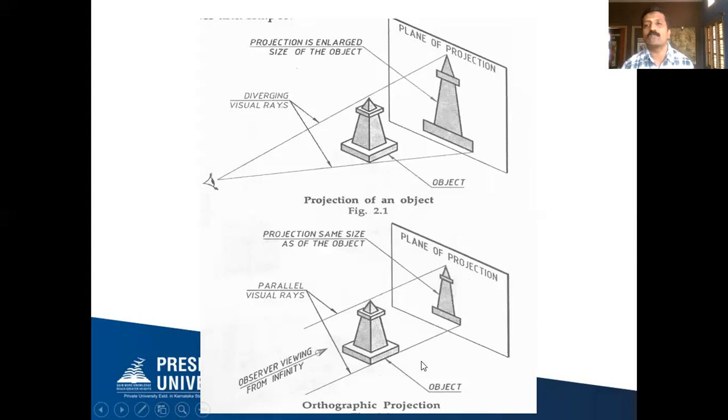So from now onwards we discuss only the orthographic projections. After identifying the contour endpoints of the object, whether it is front view or top view or side view, we need to draw the projector lines such that all the projector lines are parallel to each other, as well as the projector lines, wherever you are extending them, whether on HP or VP or profile plane, meet those planes exactly at 90 degrees, perpendicular or orthogonal to them. Then such a type of projection is called the orthographic projection. So all of you understood this. Next we'll go to the next step.